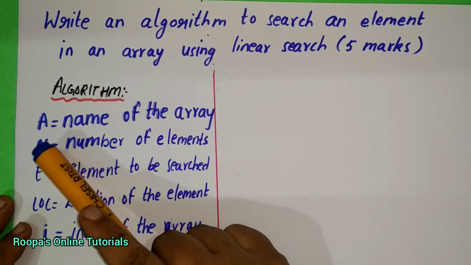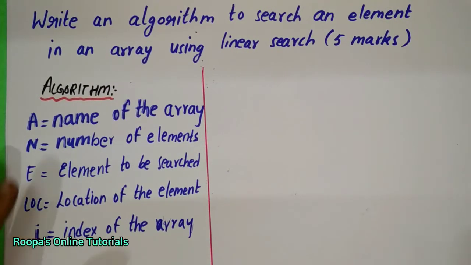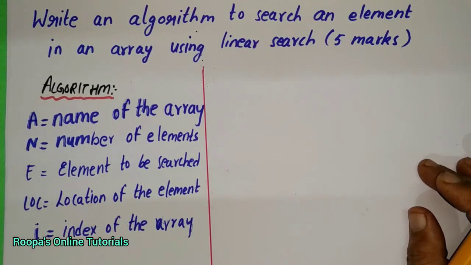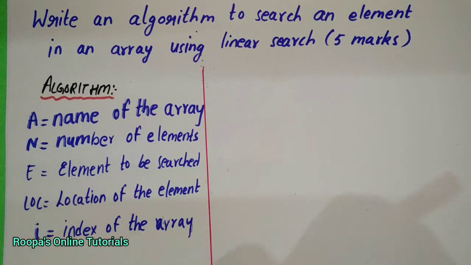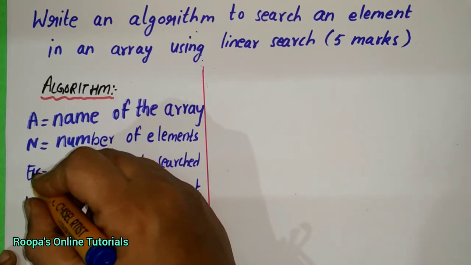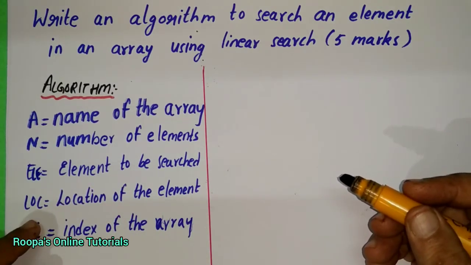So for this, first I have taken one array whose name is A, and n is the number of elements, because we will fix the array size to say 50 elements and then we may only enter 5 to 10 elements. So n is the number of elements, e is the element to be searched. Okay, and LOC, we can put E or we can also put ELE, it's easier. We'll put it as ELE, the element to be searched, and LOC is the location of the element, whether the